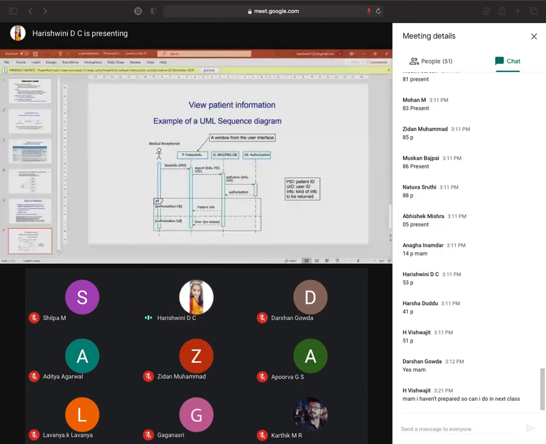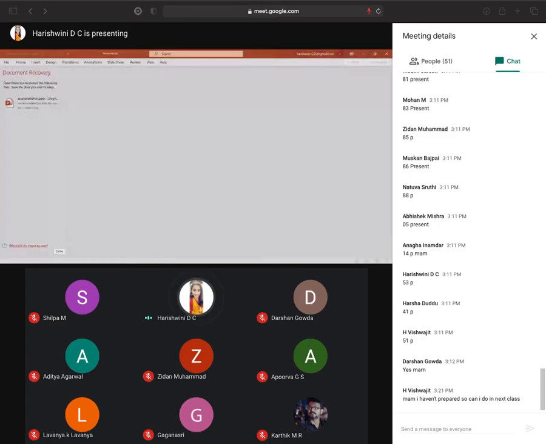Interaction modeling. Hello, everyone. My topic is interaction modeling. The interaction model describes how objects interact to produce useful results. All systems involve interaction of some kind. This can be user interaction, which involves both input and output interaction, and system-to-system interaction. There are two related approaches to interaction modeling: first, use case modeling, and second, sequence modeling. My topic is use case modeling. This is mostly used to model interaction.